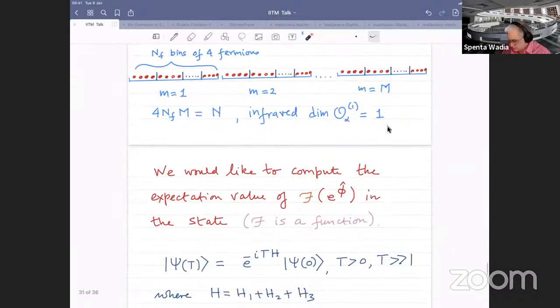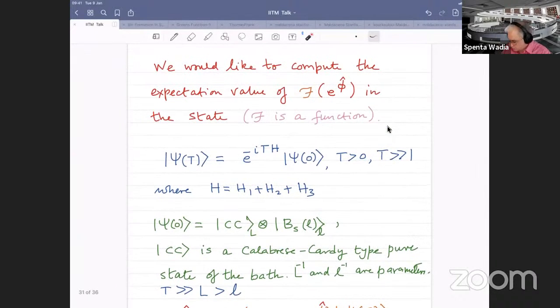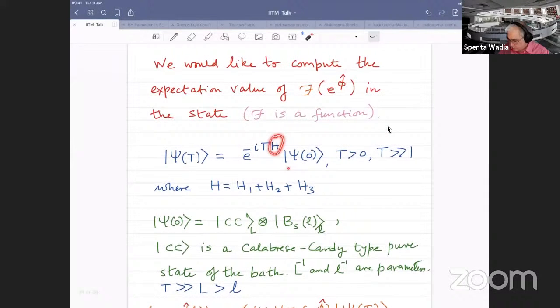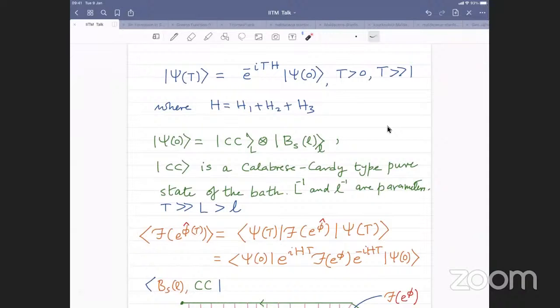All right. So once this is done, once again we have to figure out what to compute. We'd like to calculate the expectation value, in pure initial and final states, of this operator. This is the operator phi hat, whose classical value is the Liouville field phi of the SYK model. So you take the full Hamiltonian and evolve the initial wave function. And what is the initial wave function? That's the point. Yes, I'll finish in 5 minutes.